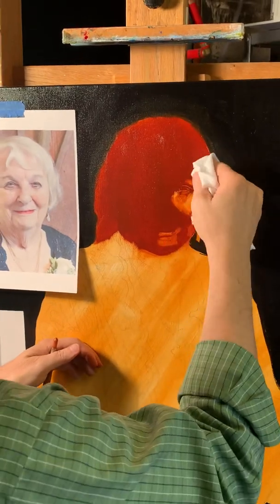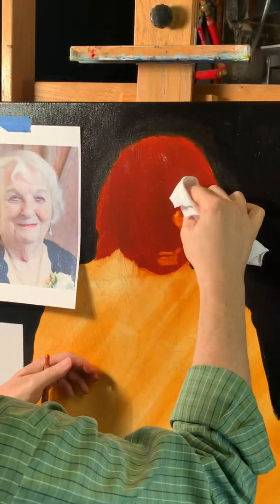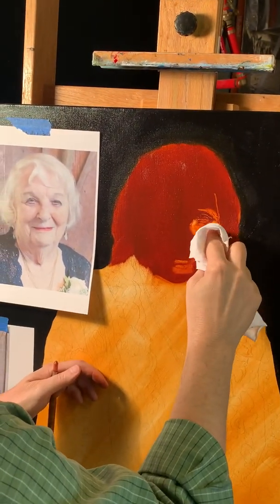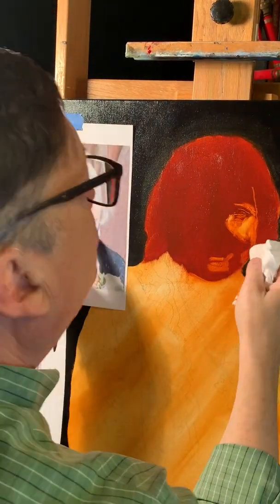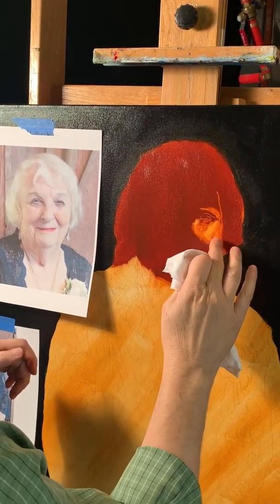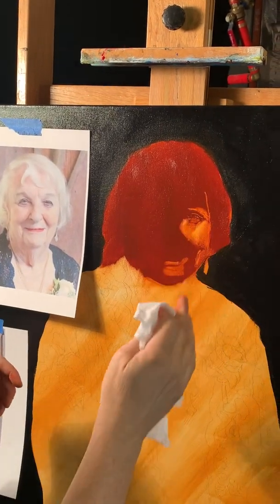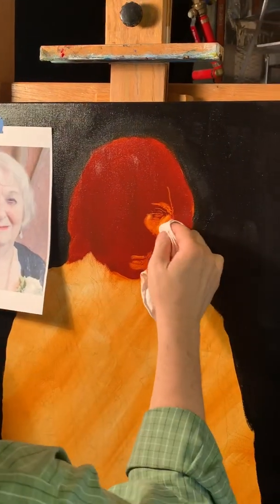The beauty of this technique is eventually it's going to begin to look, hopefully, if it's done right, like almost like magic. A face should start to emerge. You'll see me use my fingers to smooth this a lot. It just helps me see the value where we're at, and I can come back and